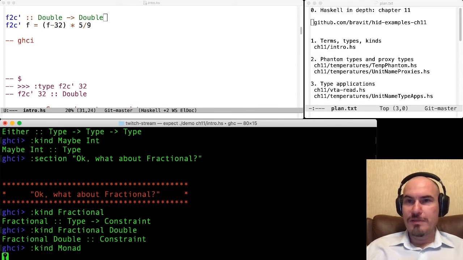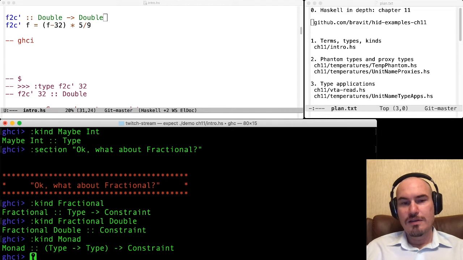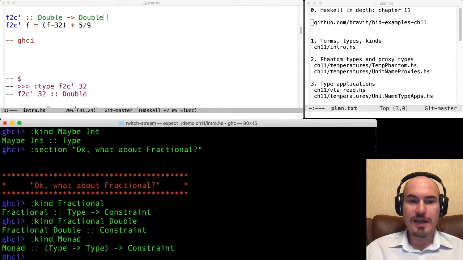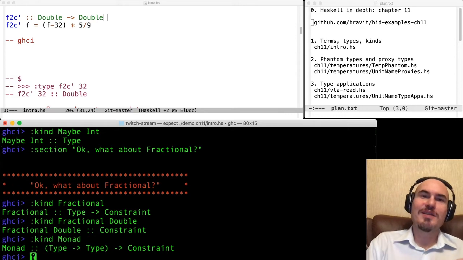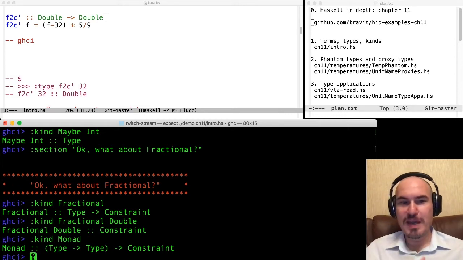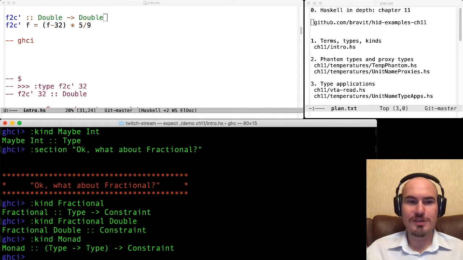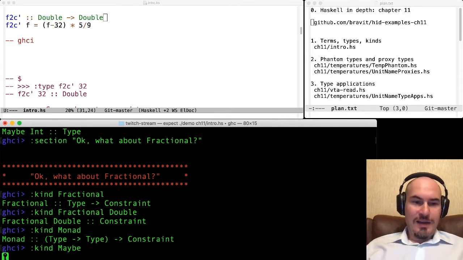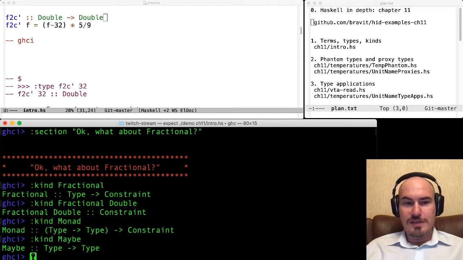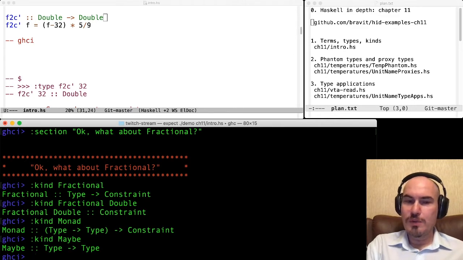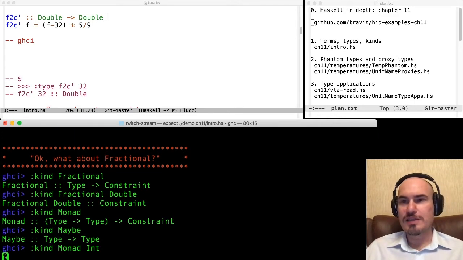And Monad, another type class, also has some kind, and we can see this kind is a function which takes an argument which is a type-level function. For example, Maybe can be an argument to Monad because it is from Type to Type, and many other types cannot be an argument to Monad. Okay, so the kind of Maybe is Type to Type. We know that, so we can put this Maybe into a Monad, and we can get the corresponding constraint.